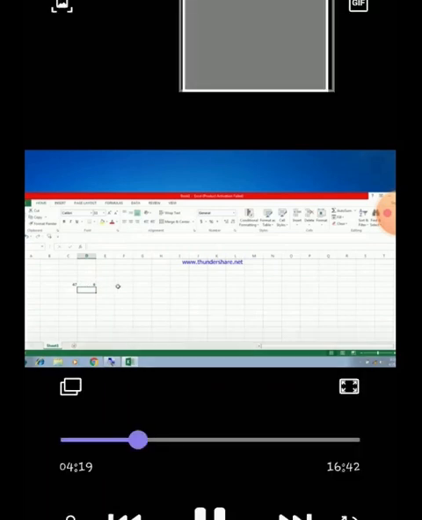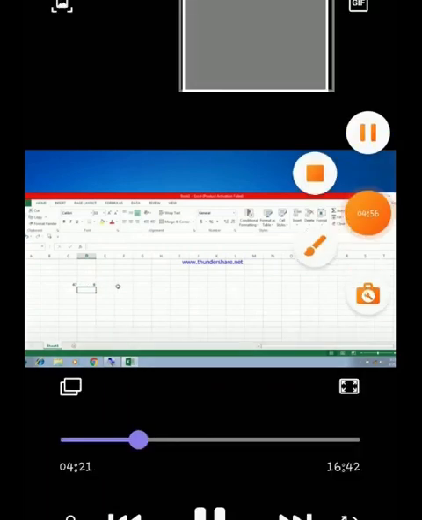Next again I am going to show you the multiplication part. Here again I am going to take two values, but it also has to start with an equal to sign. Here 2 multiplied by 3, and after clicking on the enter key we can see the result 6 over here.